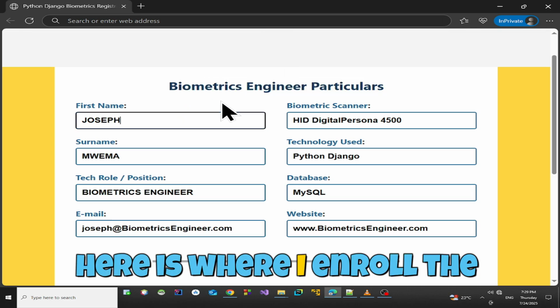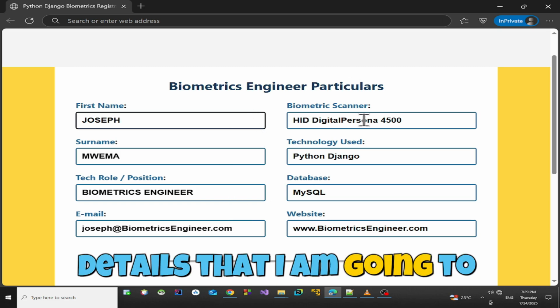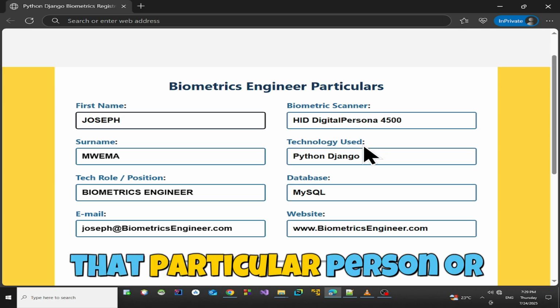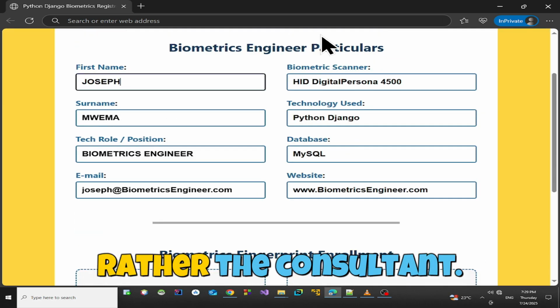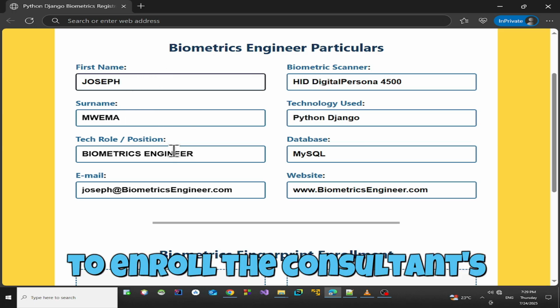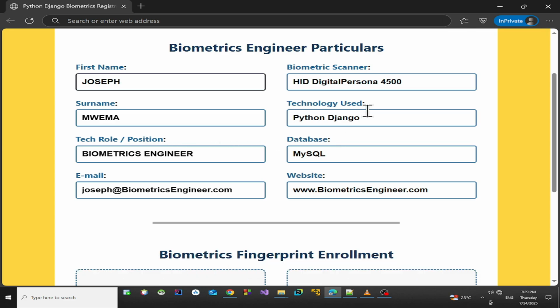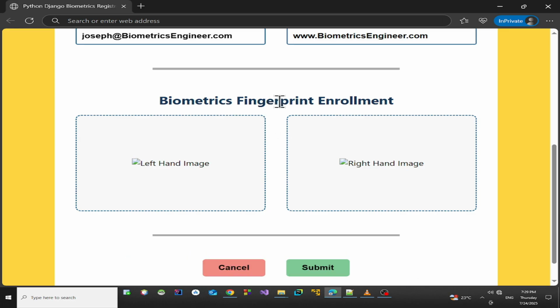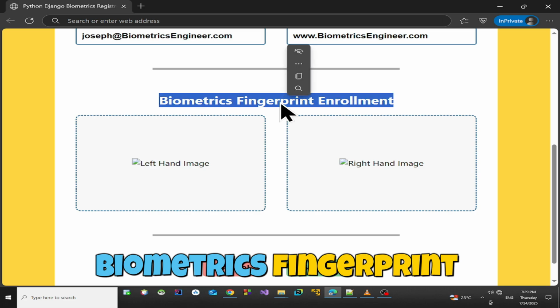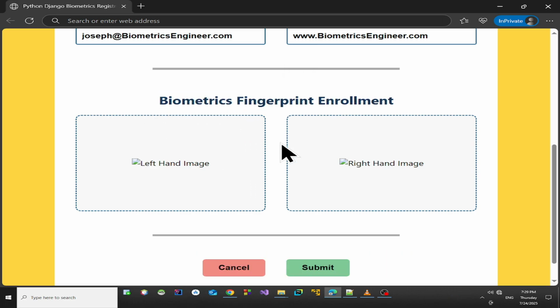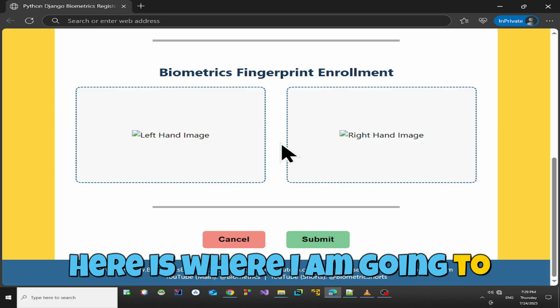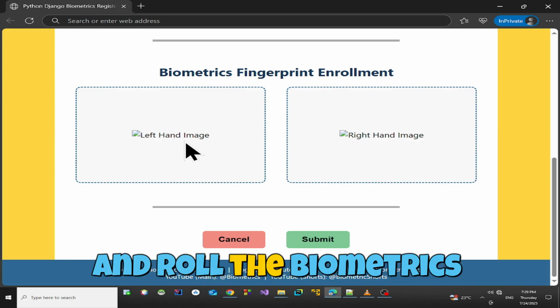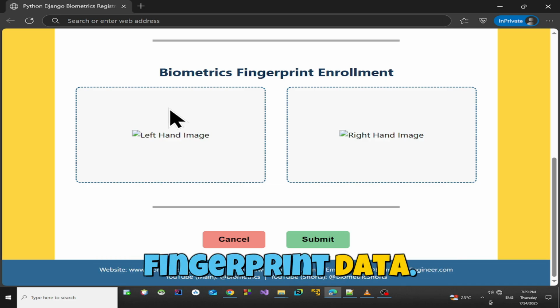Here is where I enroll the details that I am going to save for that particular person, or rather the consultant. This is where we are going to enroll the consultant's details. Then right below that is where we have the biometrics fingerprint enrollment section. Here is where I am going to enroll the biometrics fingerprint data.